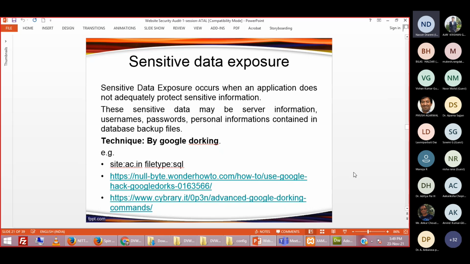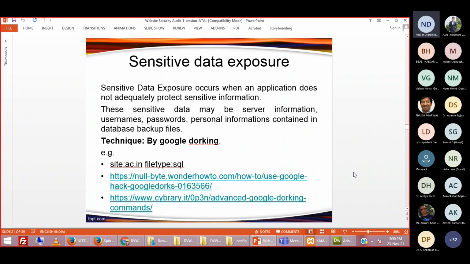If you are maintaining all the records of your employees, your teachers, your faculty, these records are stored in the website databases, right? And if this database backup file is exposed to the internet, then you will be in trouble.